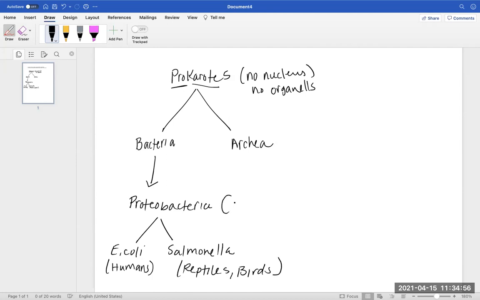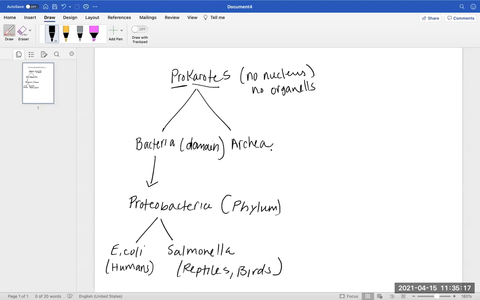This is phylum. This is domain. So making a chart might be helpful if you're trying to keep track of the type of bacteria or archaea